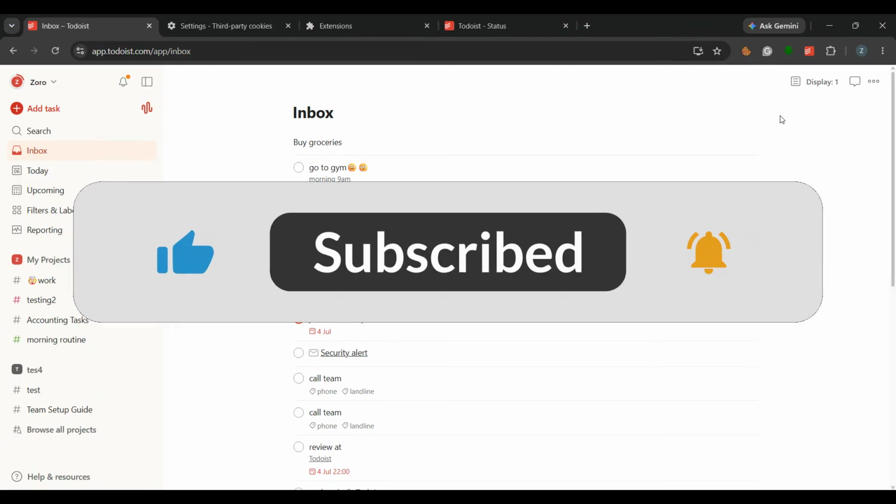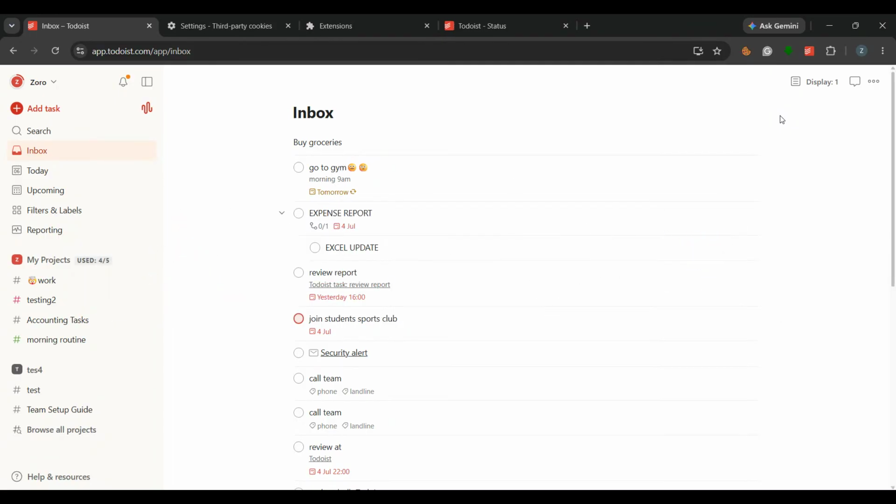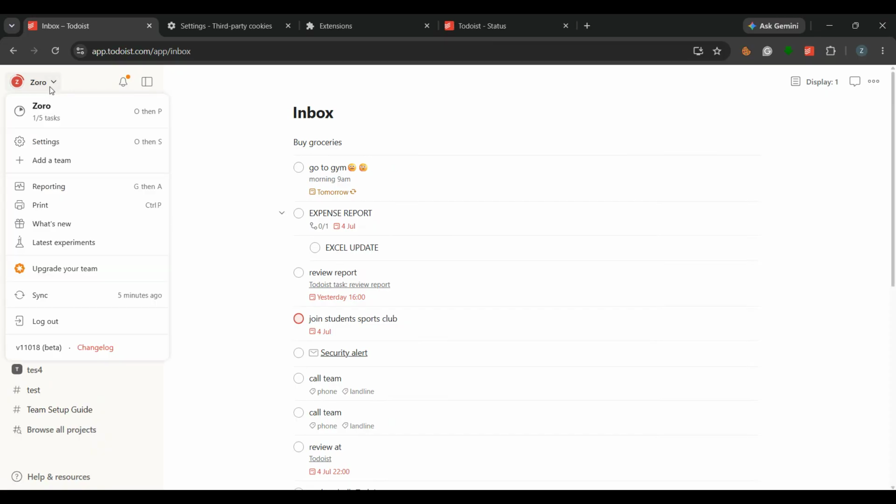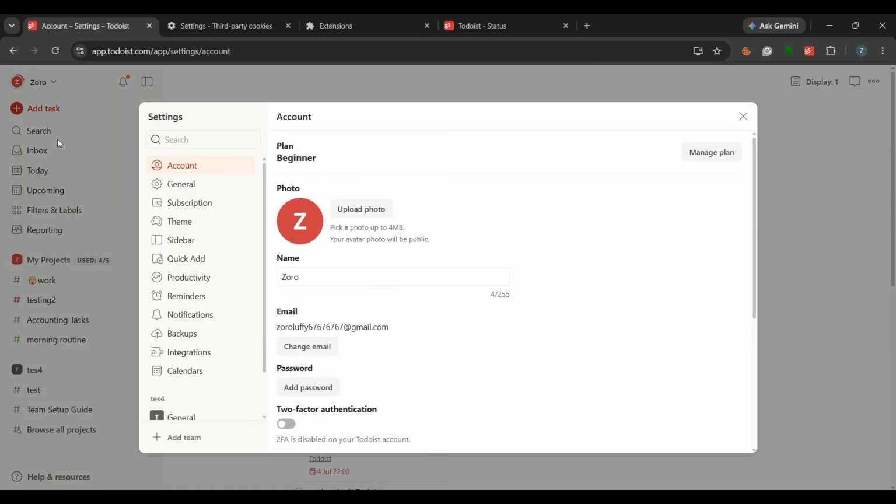First, open Todoist and make sure you're signed into the account that has permission to manage the team workspace. Once you're inside Todoist, look to the top left corner and click your avatar icon to open the menu. From there, go into Settings. This is where Todoist keeps all of your account and workspace controls, so this is the first place you need